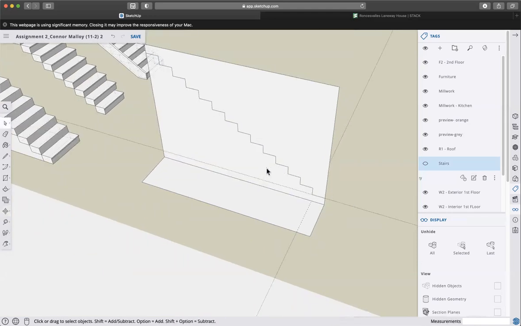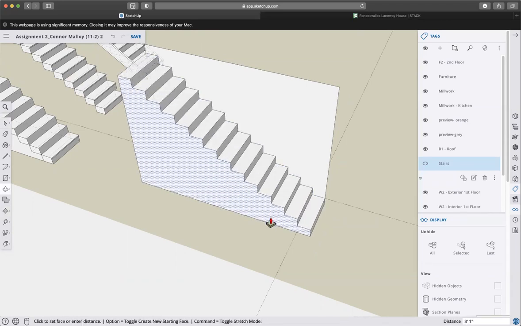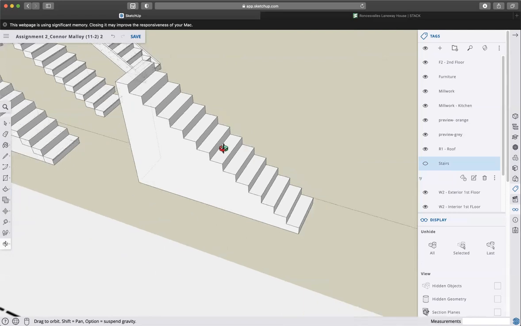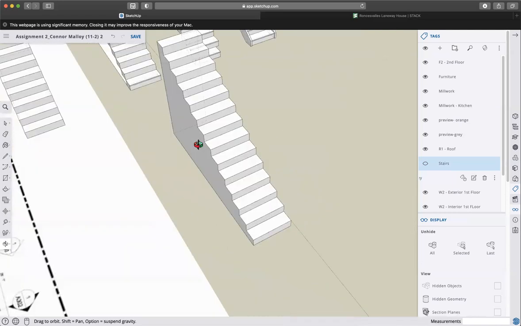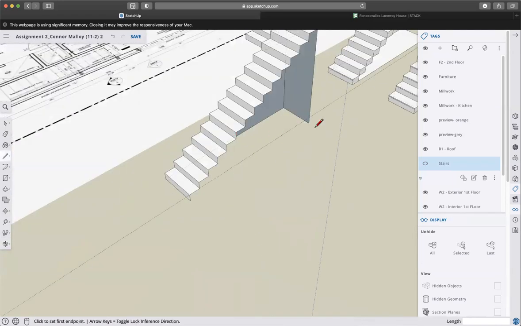Then all I'm going to do is grab that face I just drew and push it over to the outside. Delete this, what's left of this wall segment. So I can select delete, or I can go E and just erase these segments. So this looks a lot like the first staircase that we built, just a big block. Okay, I can heal this edge,